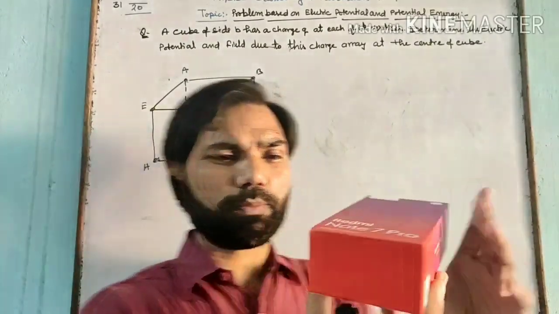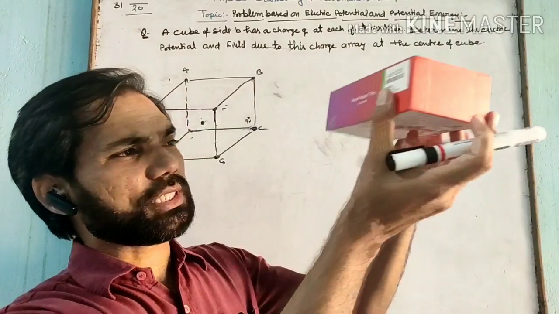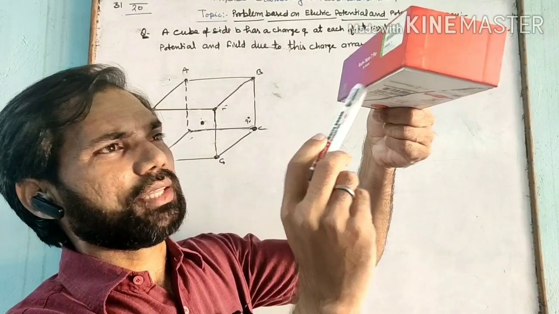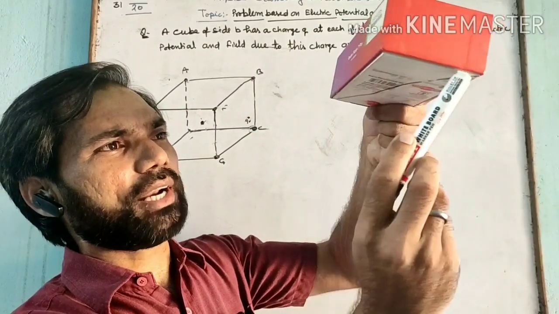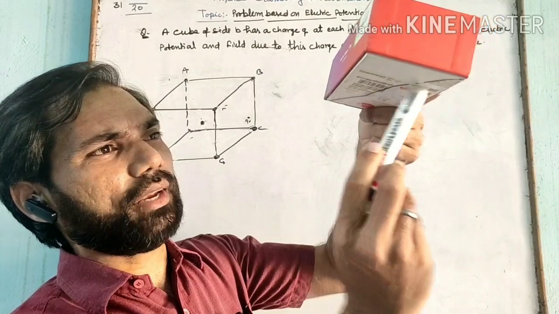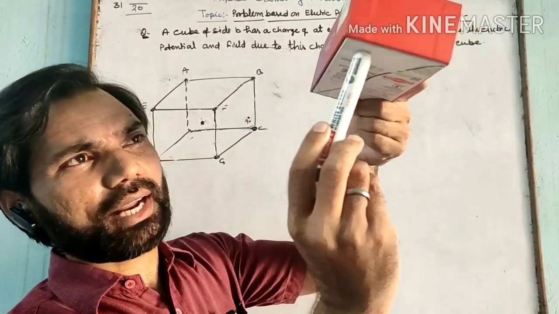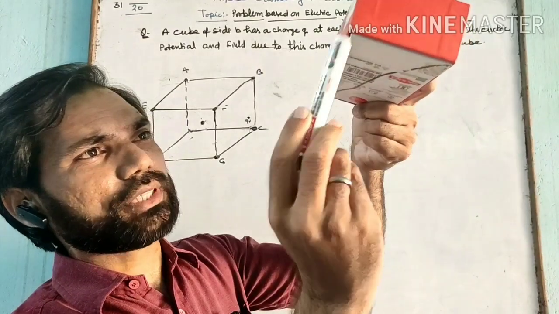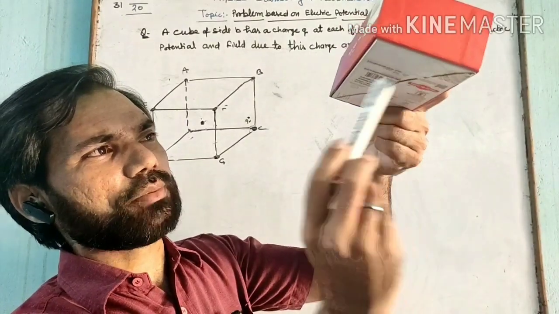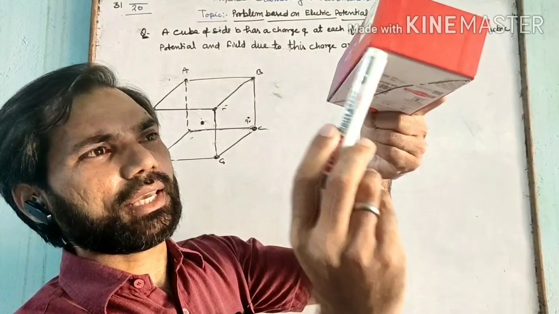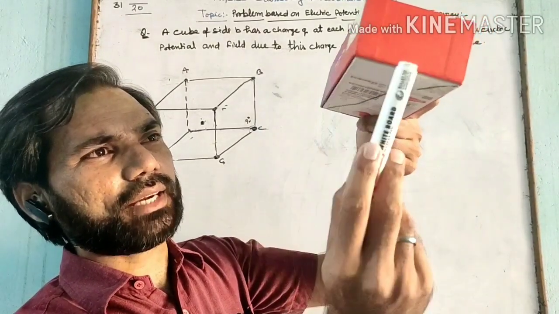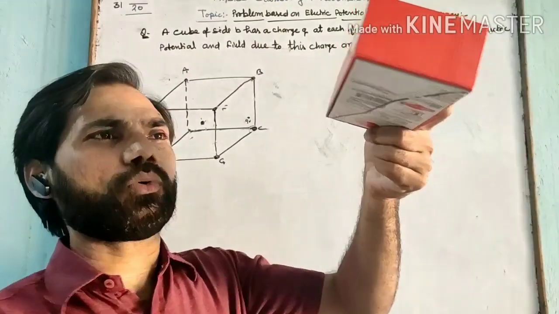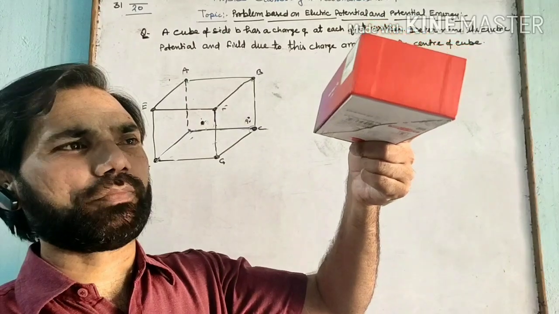So let me explain. Suppose this is the lower face of the cube, and this and this form a right angle triangle. If we join this diagonal of this face, since in the case of a cube this side and this side are equal, the diagonal becomes a root 2, from the Pythagoras theorem.